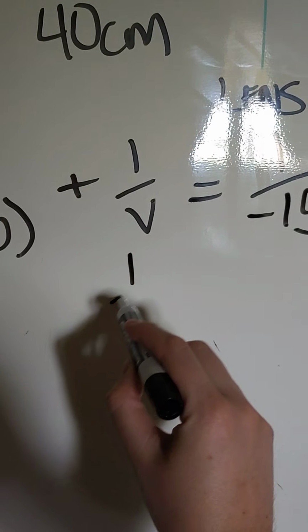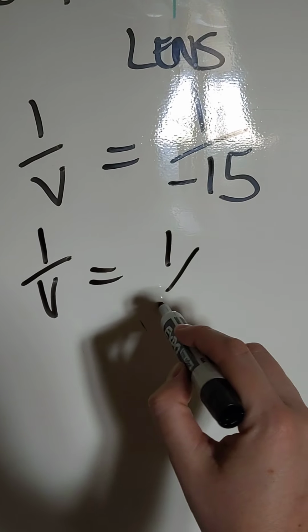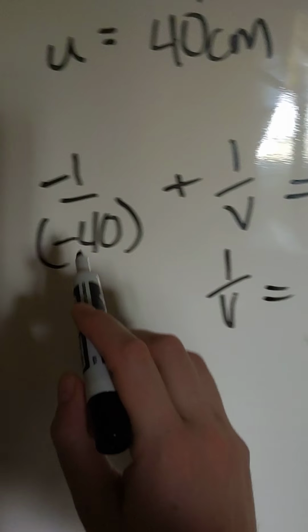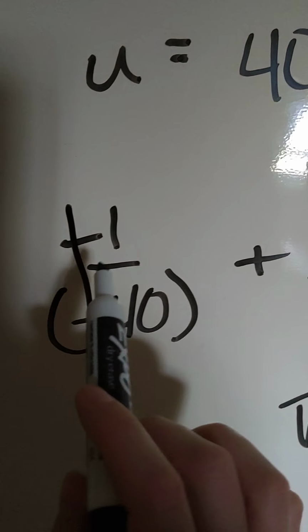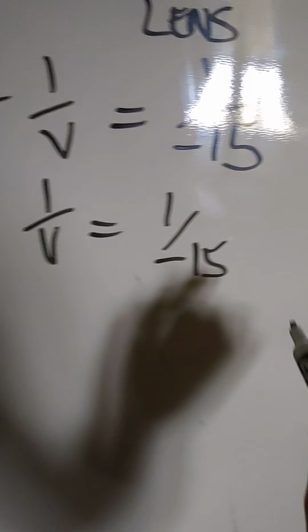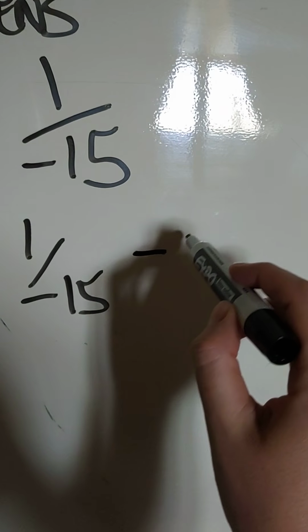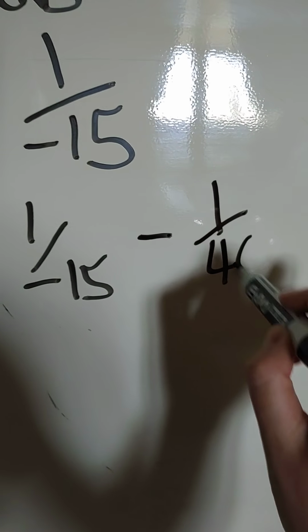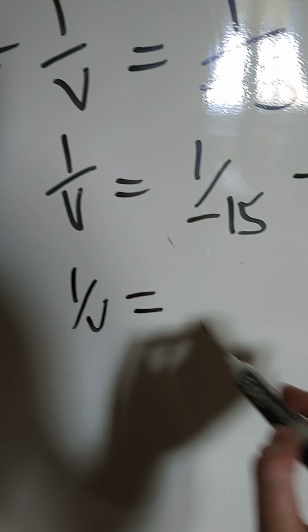Solving this out means that we have 1 over V equals 1 over negative 15. These two cancel out and become a positive. This is positive on this side, which means that we have to subtract that. So, and the double negative means that it's the same thing. So subtract 1 over 40. We have 1 over V equals